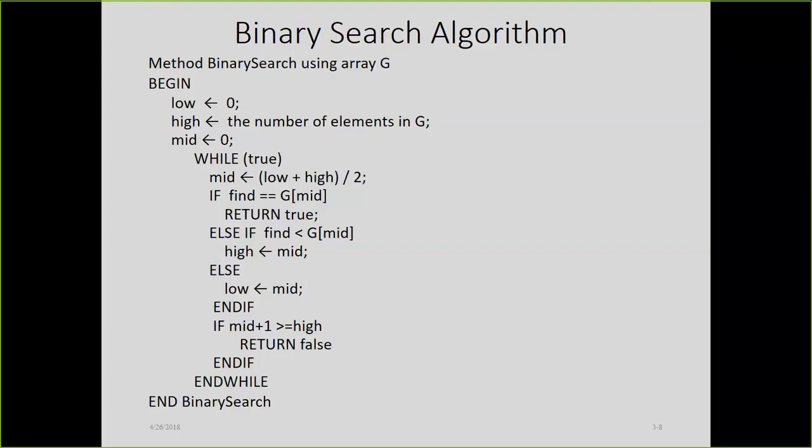We can find the element at that index position. The element at this position is called G of mid, where G is my array list. Then if it matches my target element, we return true. Otherwise, if it does not match,